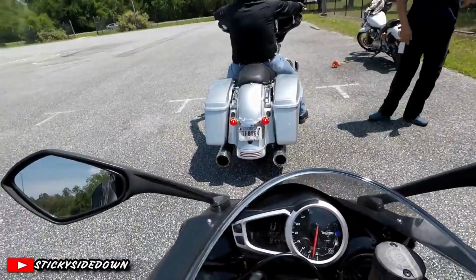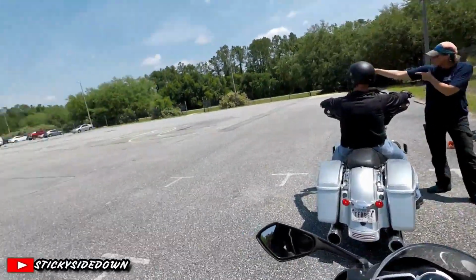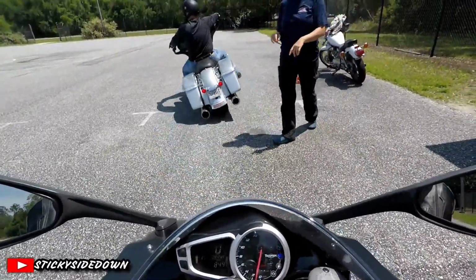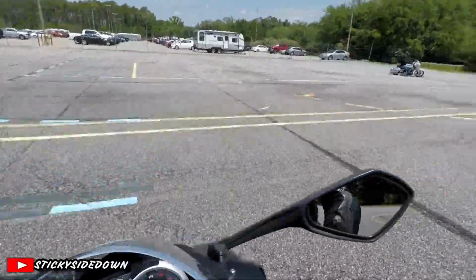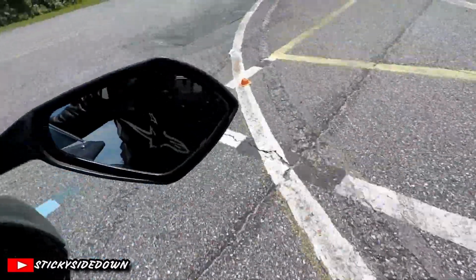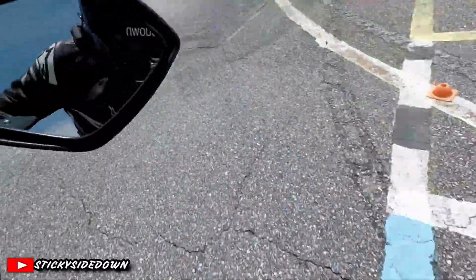And then this exercise that we're doing here is we're just gonna go around the circle. The first one we're gonna do is a smaller circle to the right, and then the other one you're going to do a larger circle but to the left. And here all we're doing is correct body position. You're leaning forward and leaning over the bike and in, and keeping your inside elbow at a bent angle